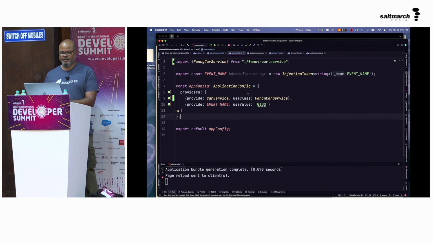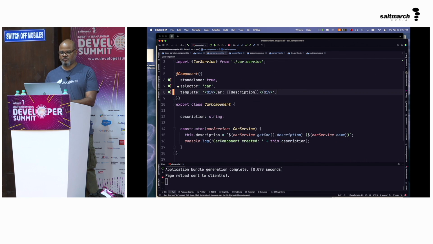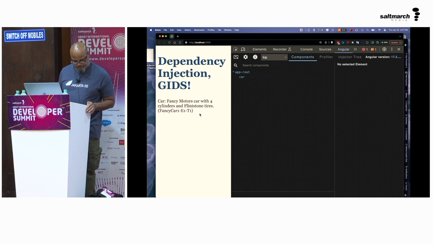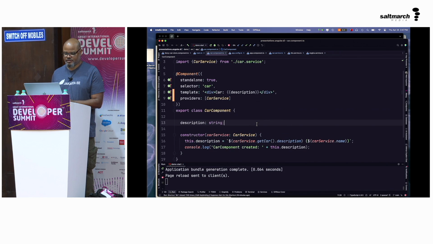And if we had gotten rid of this, things would still work because we provided it at the root, but now it's a fancy Motors car, okay? So this way we can easily customize things for different levels inside the app, right?